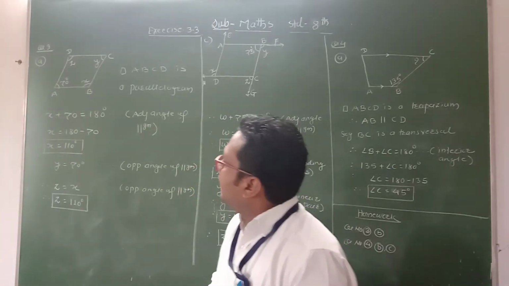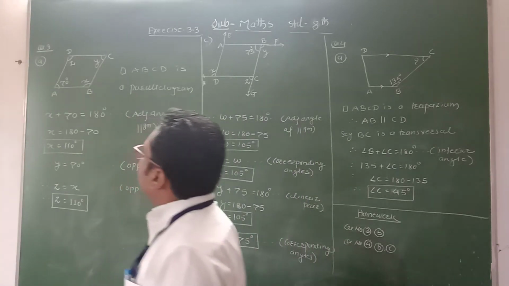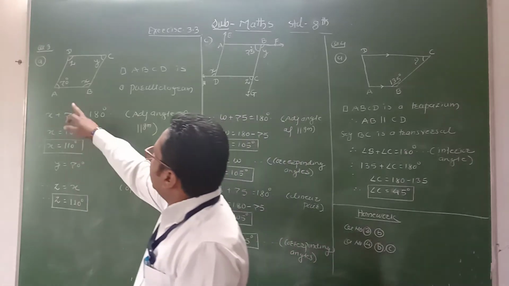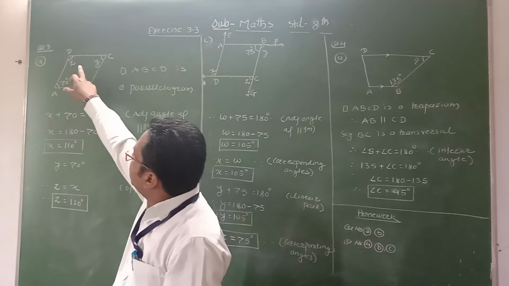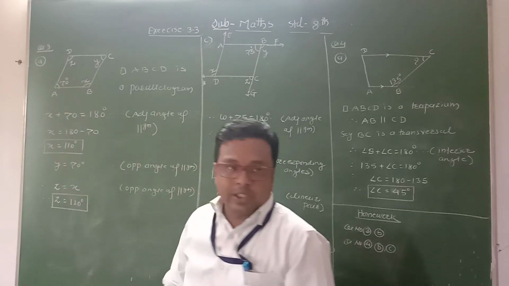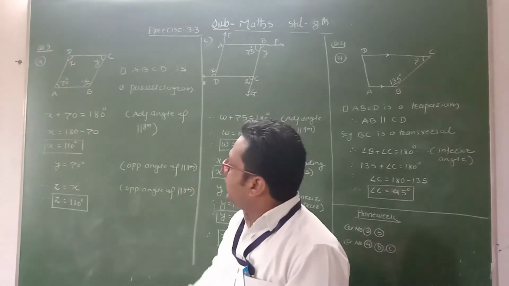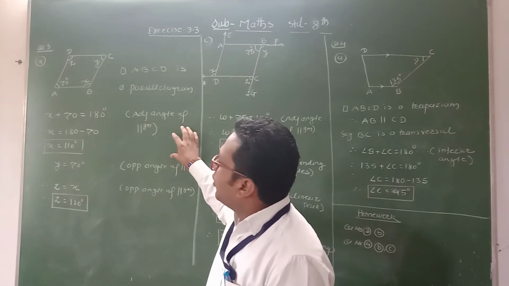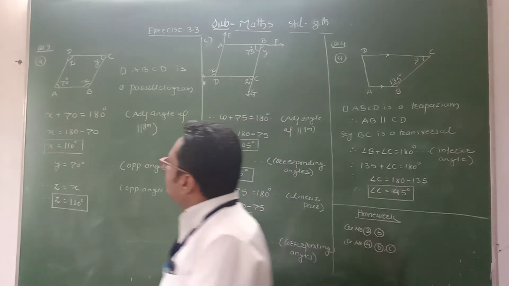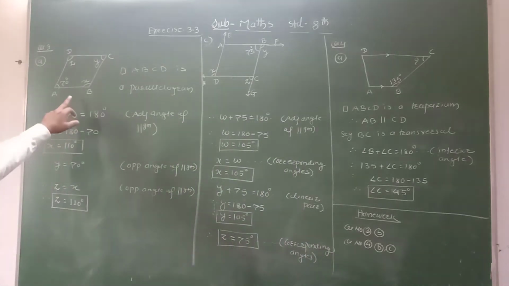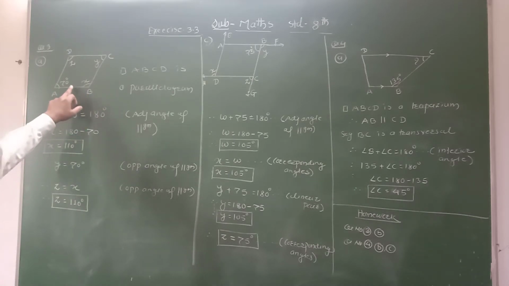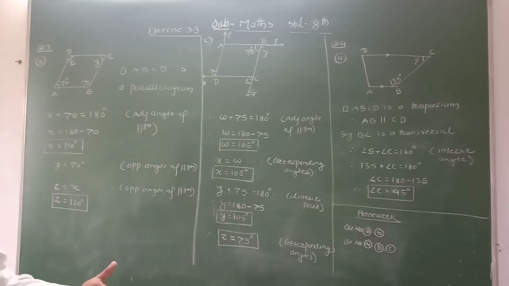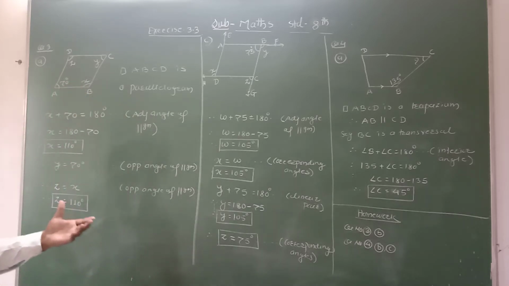Now here I take example A from question number 3, in which quadrilateral ABCD is a parallelogram, and the values of x, y, z are to be found, and angle A is given as 70 degrees. Okay, in this question we have to find the values of x, y and z. First think about x. Now see, angle A and angle B are adjacent angles of the parallelogram. Okay, and we know the property that adjacent angles of a parallelogram are supplementary.